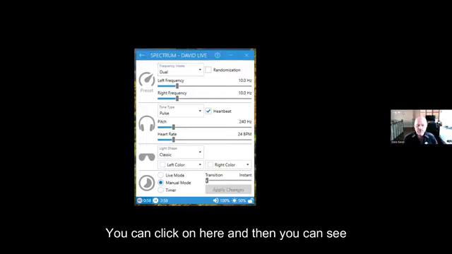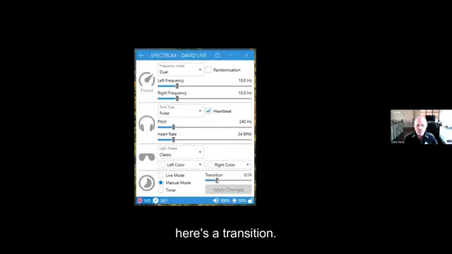You can click on here, and then you can say, here's a transition. So we're going to make a 30-second transition. Okay, here we go, right here. 30-second transition. And then we're going to set the left to, let's say, 3. We're going to set the right to 40. All right, let's do that. Well, 33 is good enough. Then you can say apply changes. Apply the changes,